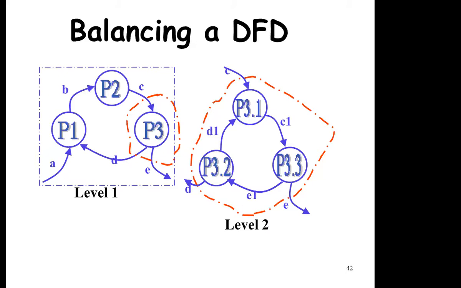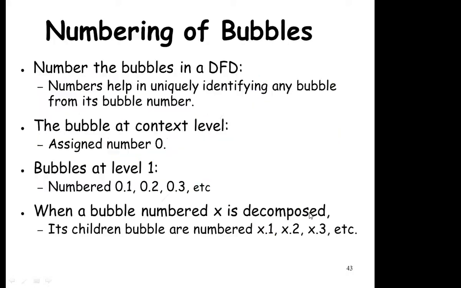Here we see it overall from the top of the system. The input is C and the output is D and E. In between, you are using different inputs and outputs which are given different numbers, like D1, C1, E1. But C should be there because in the previous level there was C as the input. So in this level also, C should be the input, and D and E were the output, so in this level also D and E should be the output. This is what we call balancing of the DFDs.